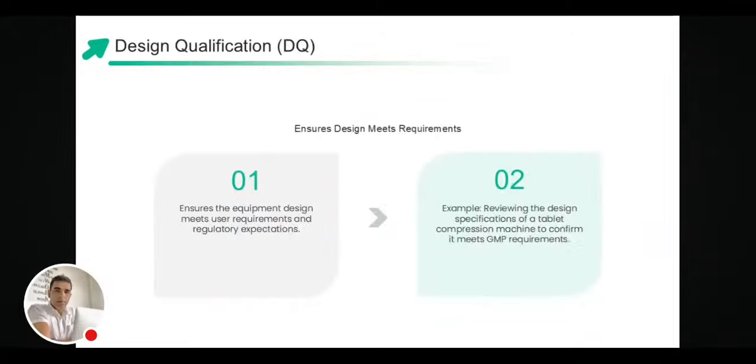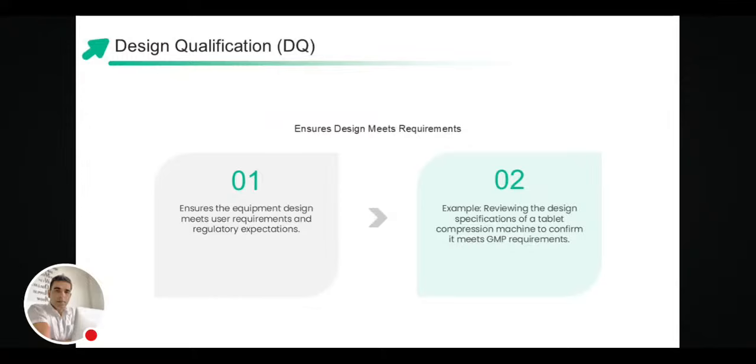Now, let's move on to the next critical step, design qualification, or DQ. This stage should be carried out after the URS has been finalized but before the purchase order is confirmed. Design qualification involves reviewing and verifying the functional and operational specifications of the proposed equipment. It also documents the rationale behind selecting a specific supplier or model. The goal of DQ is to ensure that the equipment's design is capable of meeting both user requirements and relevant